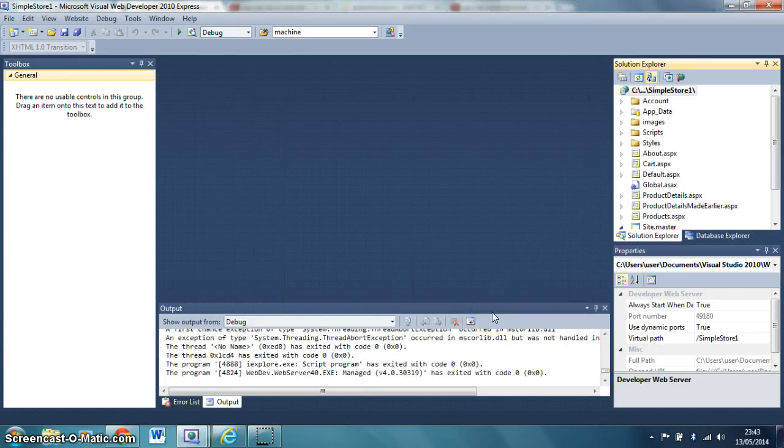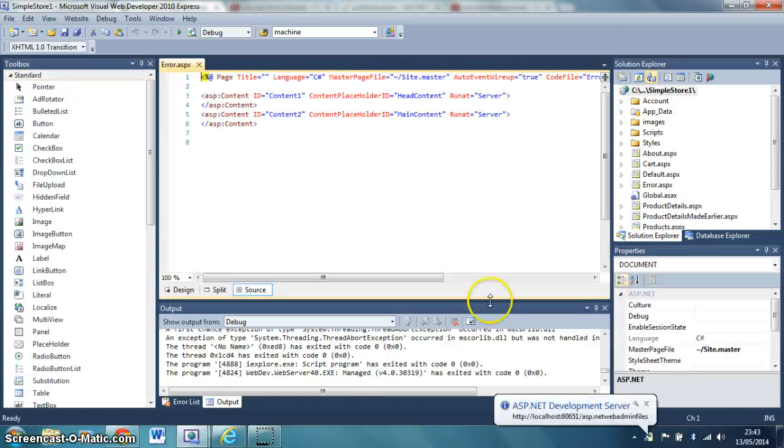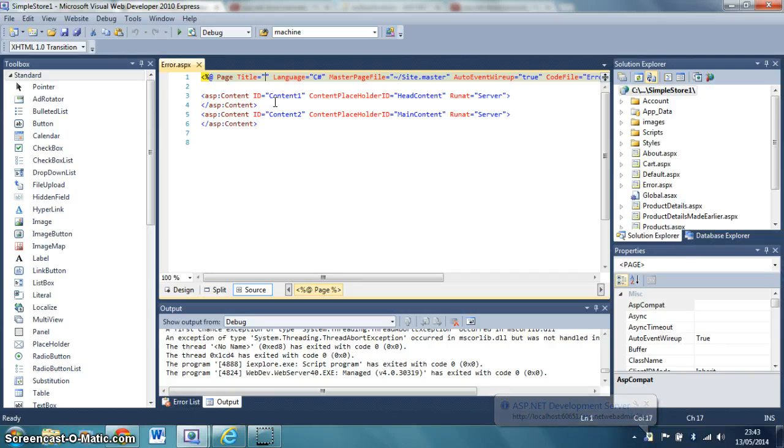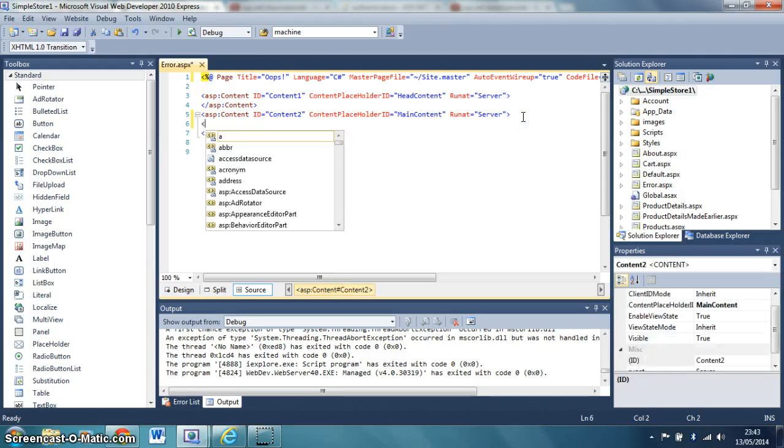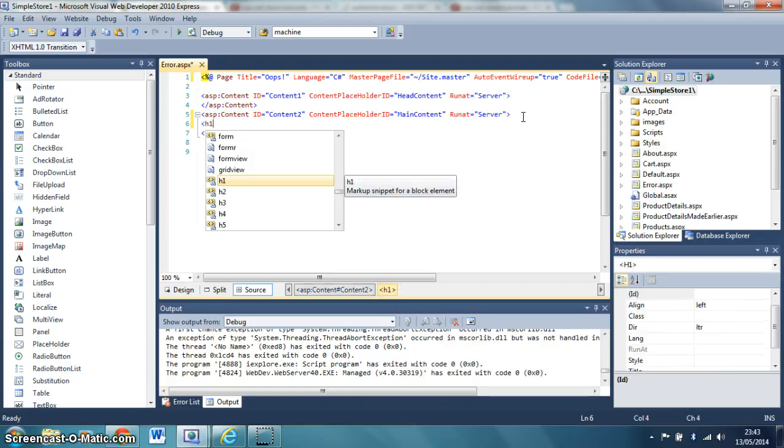Select the master page and let's give it a title. You can call it oops or error, or quite often you'll see messages like oops in the title. I'm just going to add in one and say